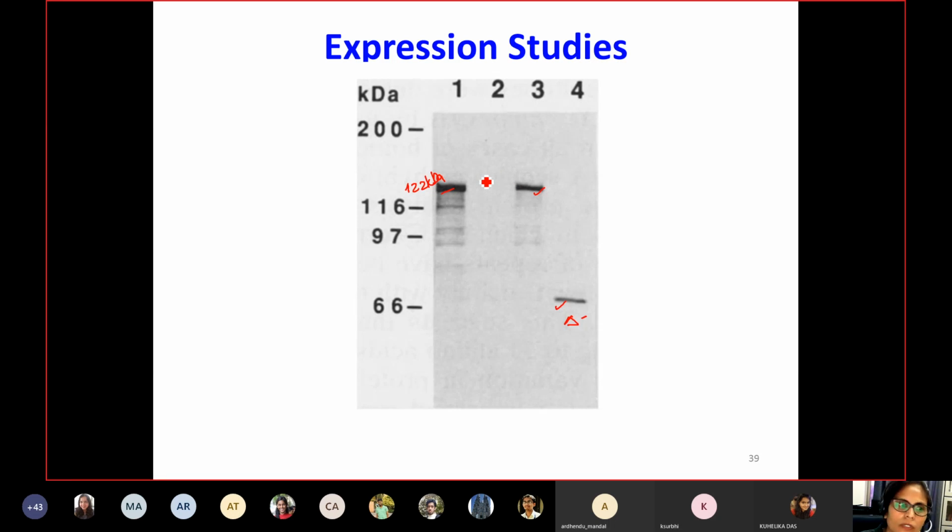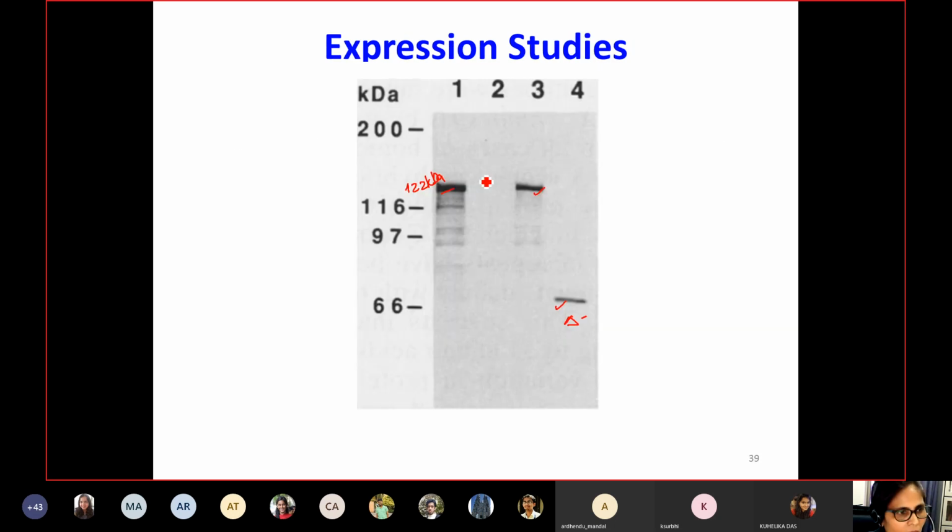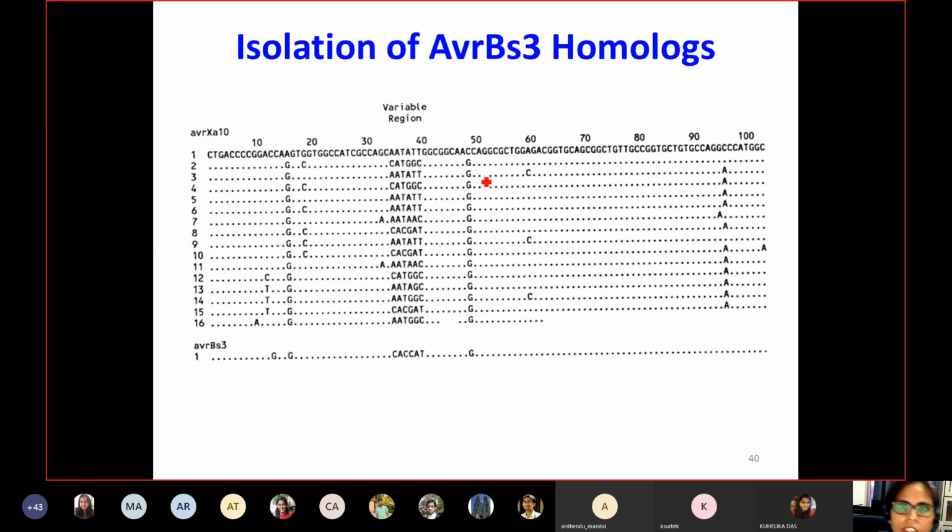So next, what was the reason? Since they were finding this from AVR3, now they actually checked other AVR genes. For example, in this case, from different sources, they were able to find homologs: AVR XA5, AVR XA7, and AVR XA10. So basically they prepared conserved sequences from AVRBS3 that was originally found,